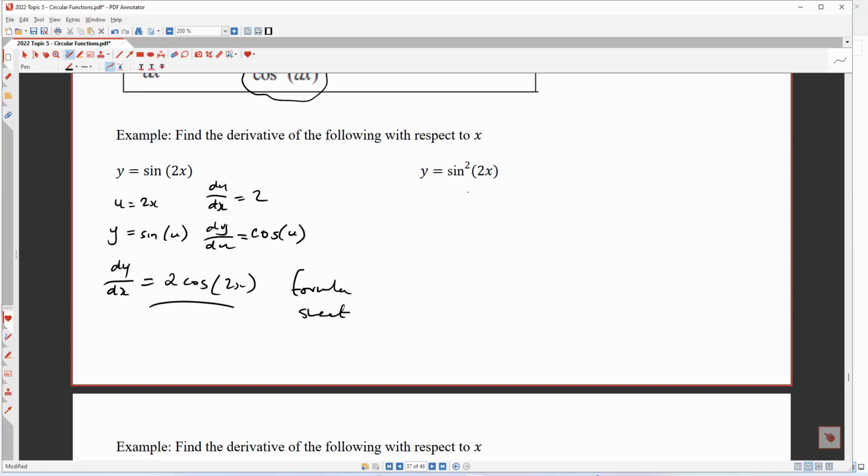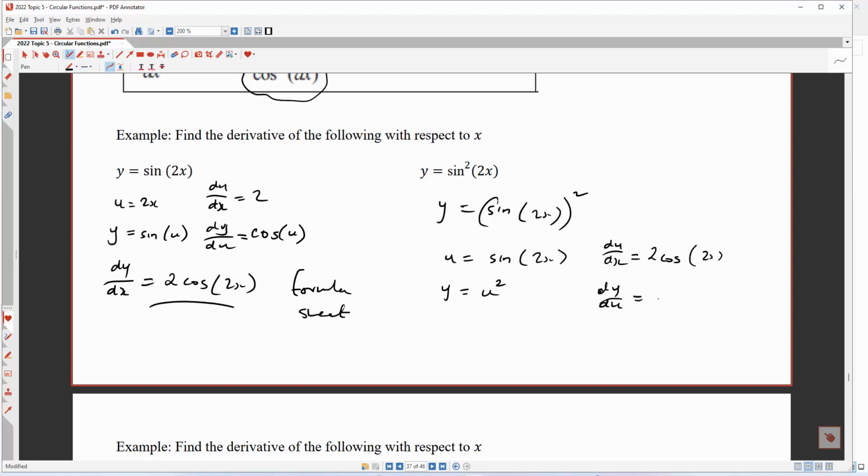Okay, this is an interesting one, so I prefer to write this like this, sine of 2x all squared. All right, and what we've got here is an inside function. So the sine of 2x becomes the inside function, and the outside function is whatever it is squared. So we'll go u is the inside function, which is the sine of 2x. The outside function is y equals u squared. Okay, let's do du dx is, so we just found out this derivative over here, sine of 2x, that's this one here, is 2 cosine 2x, and